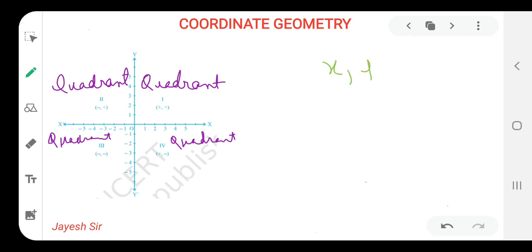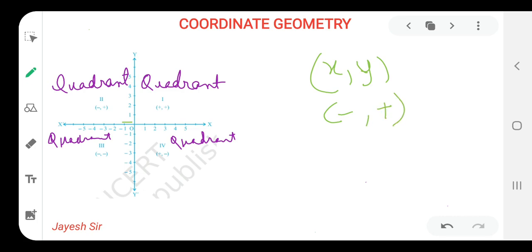In quadrant 2, the same x, y coordinate format would be there, because this is the format of writing coordinates. The value of x would be negative, that means all the values of x are negative in quadrant 2. You can see we are following this way, and in this way the graph would be formed, friends. Here the values of x on the x-axis are negative, and the value on the y-axis is positive, so that's why it is written negative comma positive.